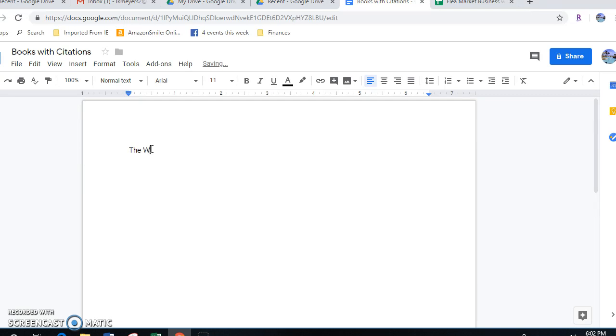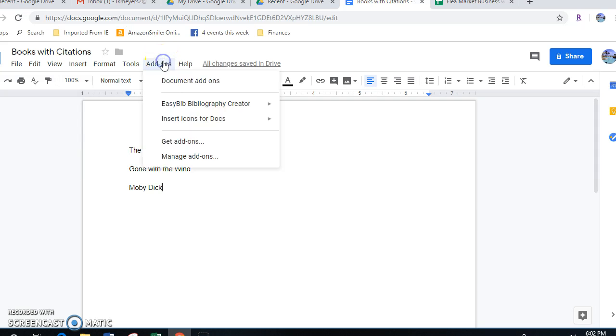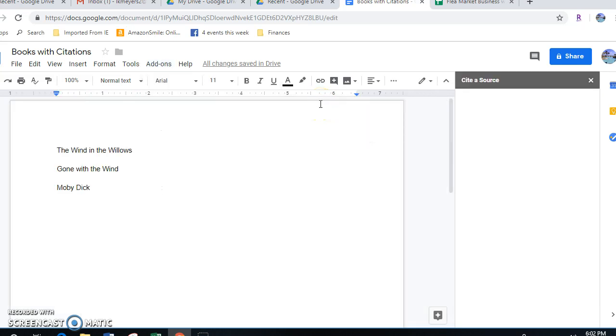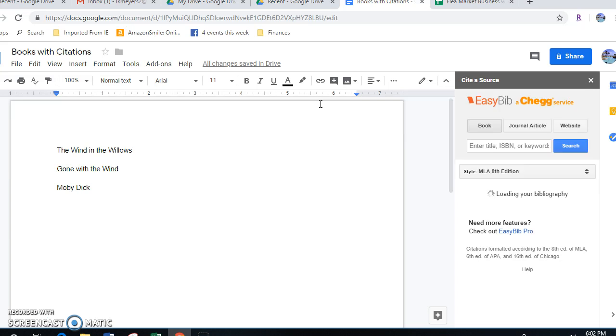So we'll add The Wind and the Rose. I'll add Gone with the Wind and Moby Dick. And then if I go to the add-on screen and I go to EasyBib, Bibliography Creator, and go over to Manage Bibliography and click on that, on the right of my screen will pop up the citation generator. And if I put the first title in here, we'll put